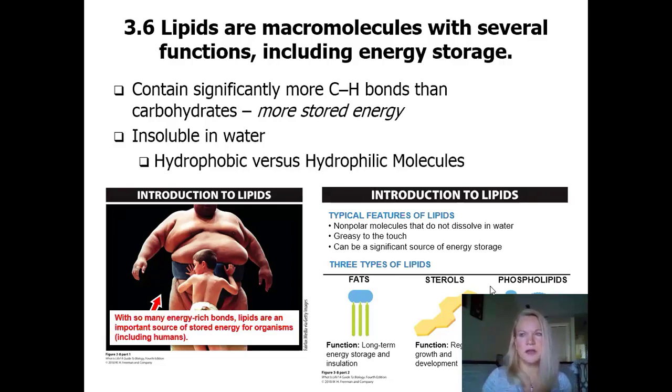And you know this because you have had cases where you have tried to shake up like a dressing where there's oil and water, or you see an oil spill on the news, right? So water doesn't help take apart, it doesn't help disassociate or dismantle